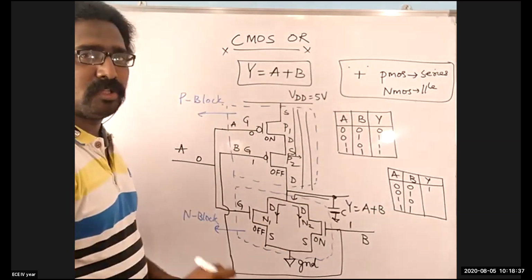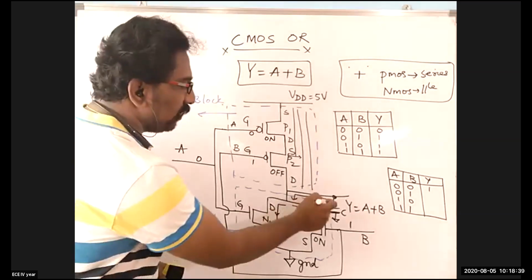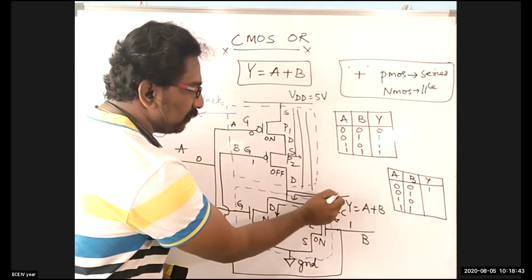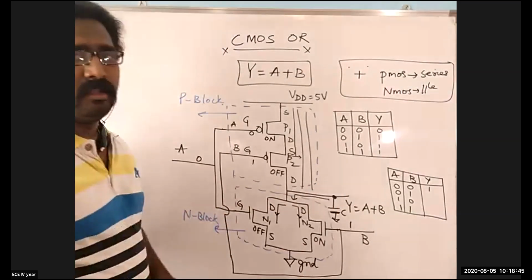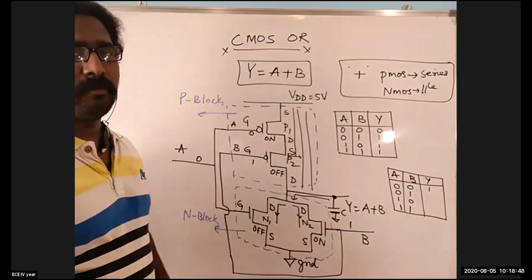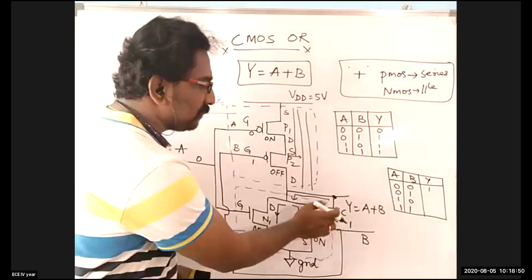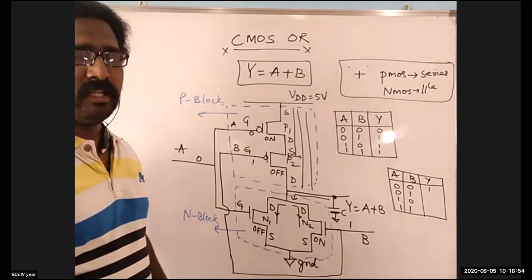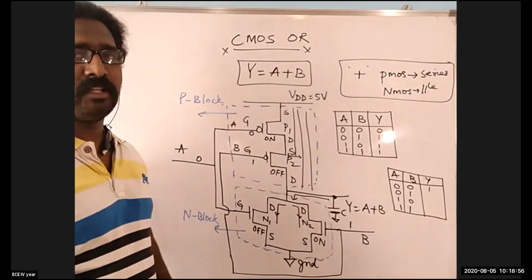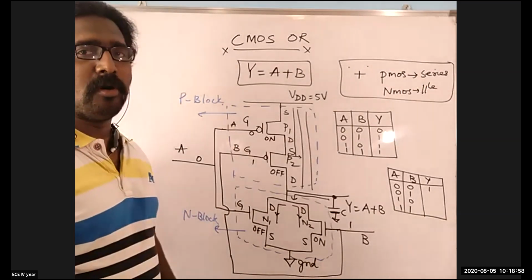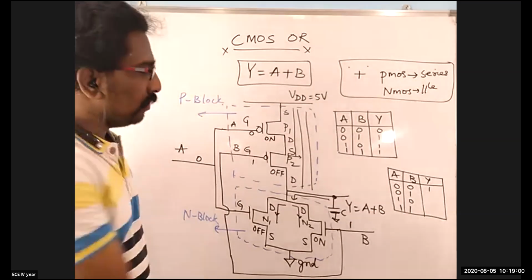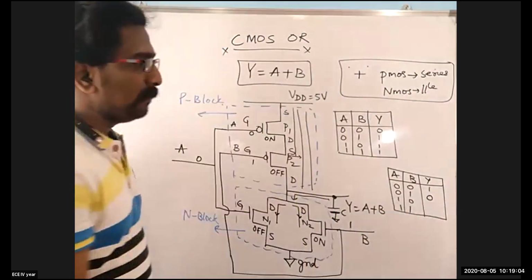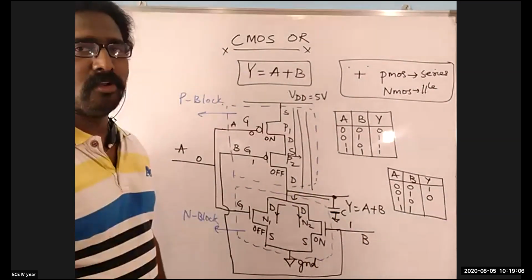If charge is moving through N2, it means that the charge will move completely from this output Y to the ground terminal. That's how the entire charge stored in the capacitor in the previous state will be discharged. If a capacitor is totally discharged, we say that our output obtained is equal to logic 0. So now our output obtained will be equal to logic 0.